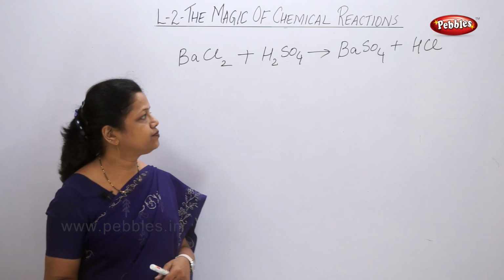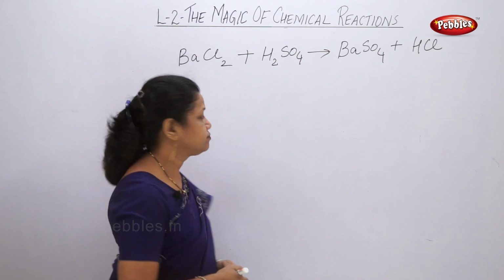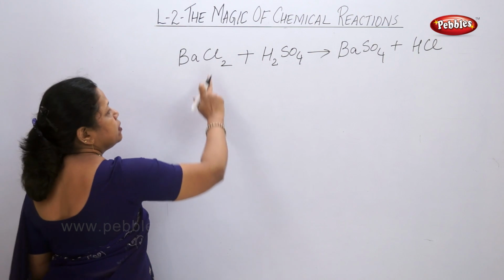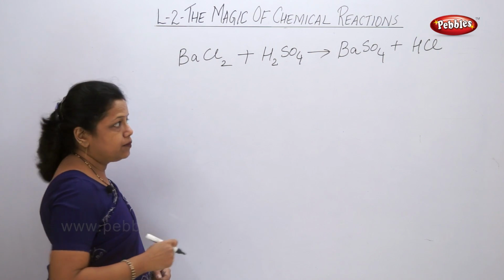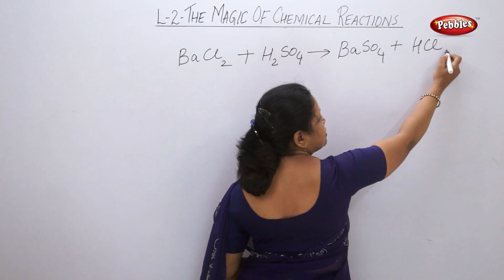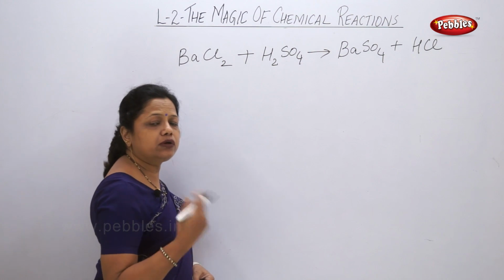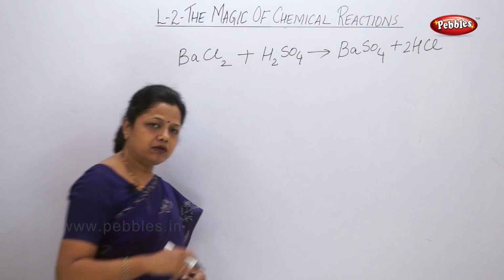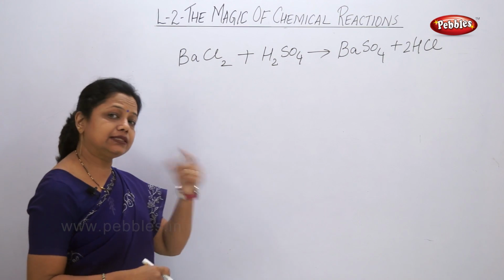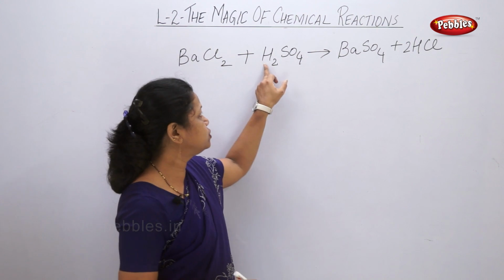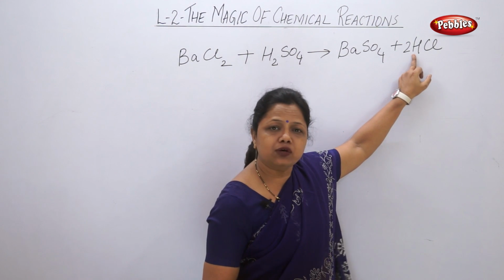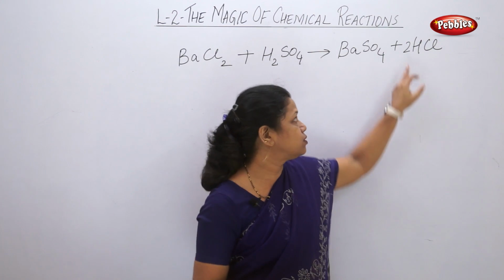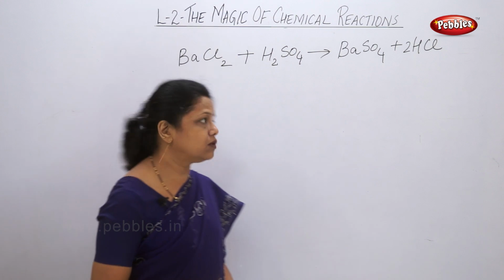How to balance it? Now let's see, start from the first reactant. Ba 1 here, Ba 1, correct? Now here Cl2 is there, but here only 1 Cl is there, nothing is written, that means it is 1. Then what to do? To make that 2, I can simply write 2 here. So in that process I have made Cl2. Hydrogen here is 2. So I had tried to balance chlorine. Now in that process hydrogen also got balanced, because this 2 is common for hydrogen as well as chlorine.